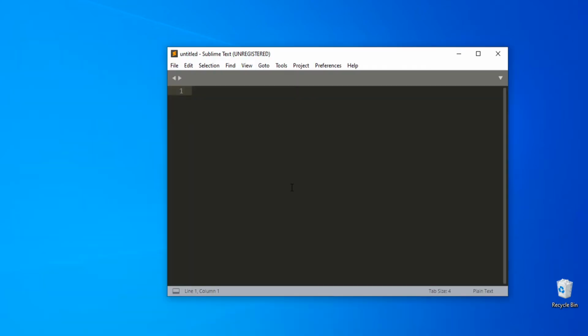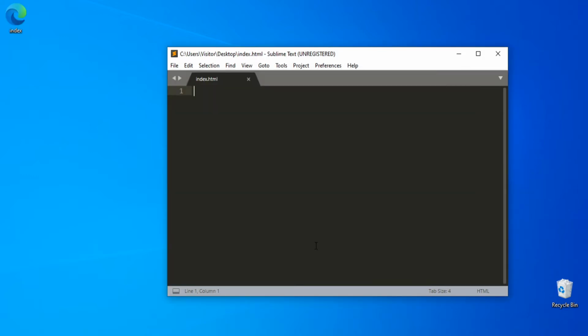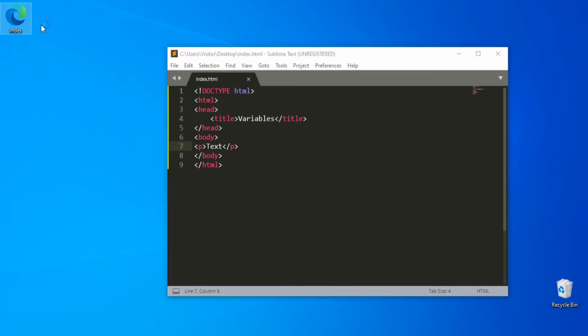If I create an HTML file and save it to the desktop with some name, and I write this, and the title will be "variables", and I want to create a new paragraph with some text. So when I open this